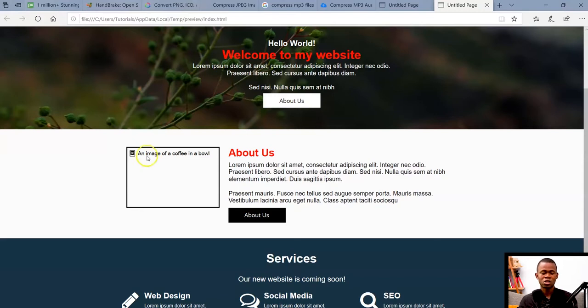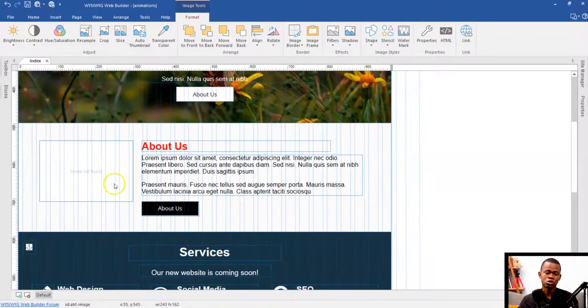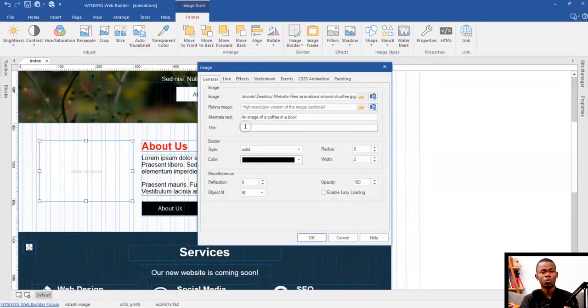But this text gives us information about what is actually contained in there, and this also aids in search engine optimization, because when the bots are browsing through your website, they don't see exactly what image is there, but the descriptive information you put in there lets them know that this is what is actually contained on your website. So it's very important to add alternative text as well as titles to the images in your website project.